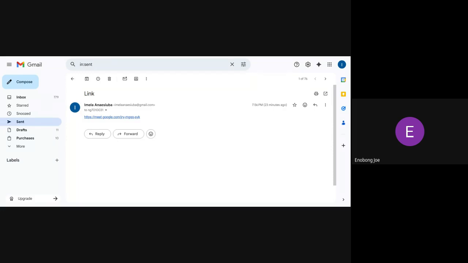Okay, so can you go to ChatGPT? Imela, please open your ChatGPT. So before my laptop went off, we talked about how the quality of the prompt you give your AI model directly affects the result you get. So let's say, for example,